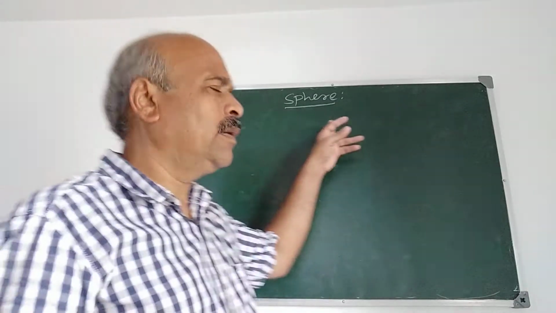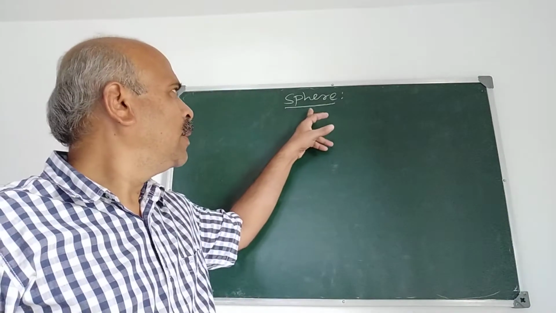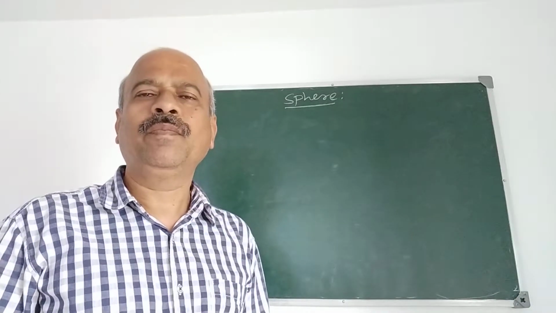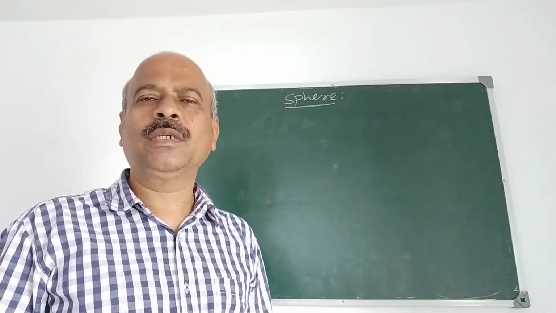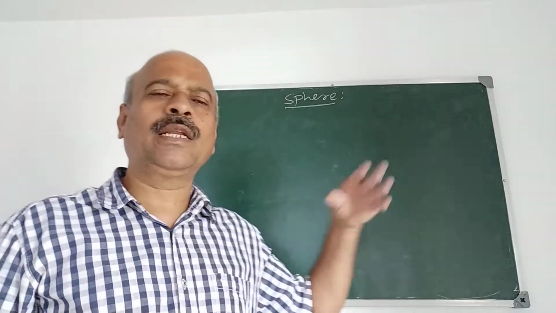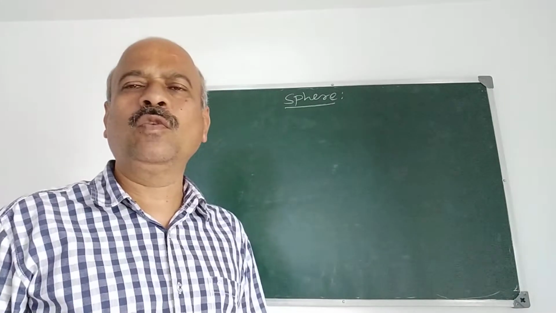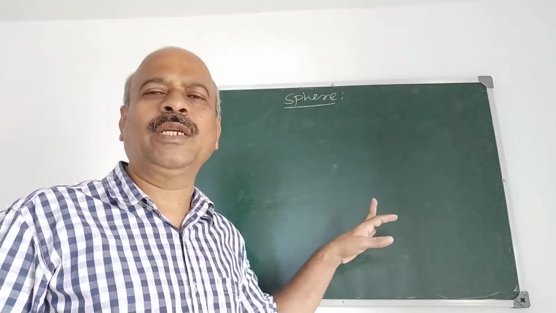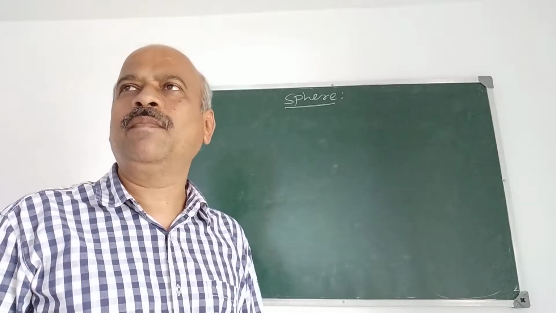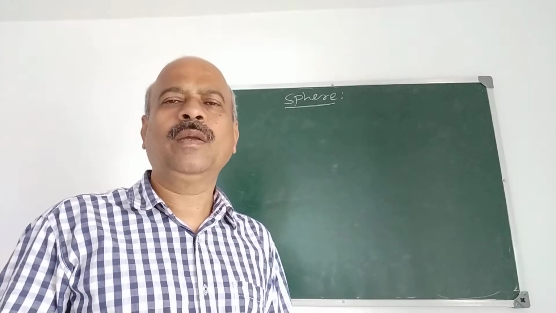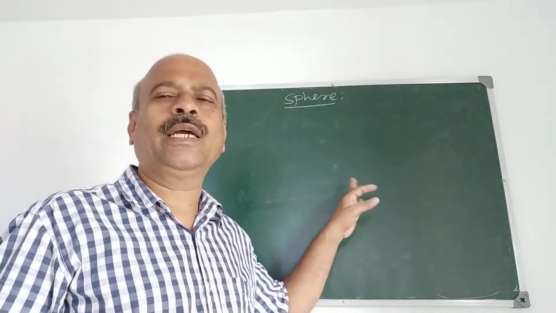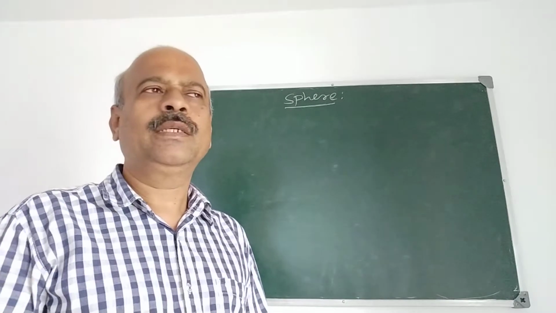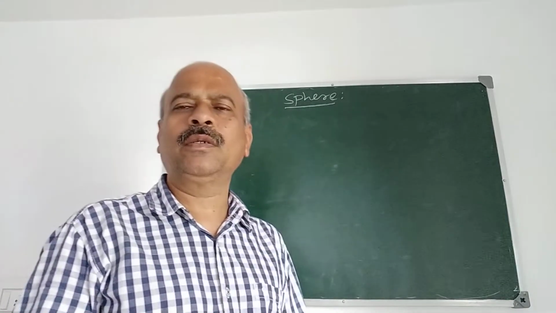Always while studying sphere, all the results are similar to that of the circle in 2 dimensions. We have studied the properties of circles, and many properties of spheres are similar to those of circles. The only difference is that a circle is a plane figure, meaning it doesn't occupy space, but a sphere is 3 dimensional. It has volume, but a circle has only area. But many results can be compared. Spheres can be compared with circles.